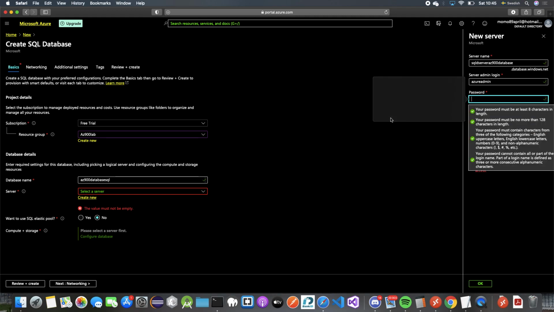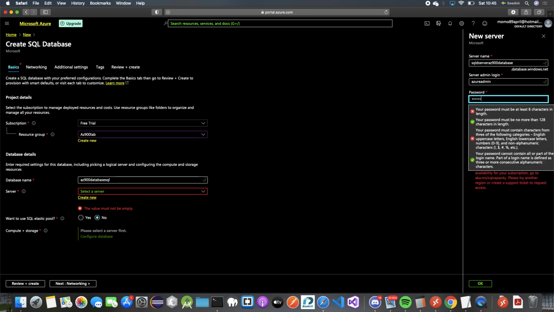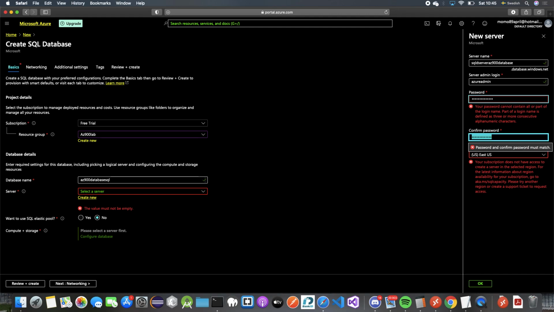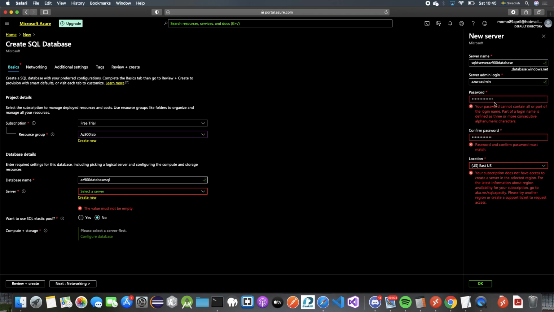Password, I will type my own, which is azure admin 123. Azure admin 123. Something is wrong with your password. Okay, so again, azure admin 123 question mark. Your password cannot contain all or part of the login name. Okay, so I'm gonna name it